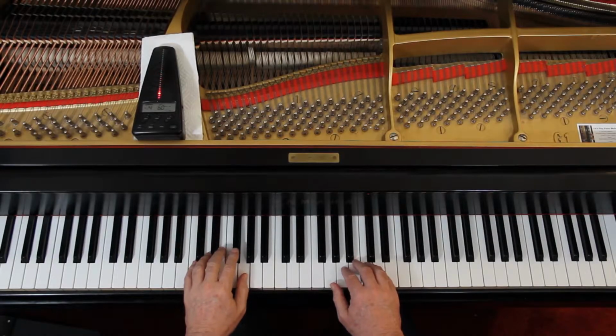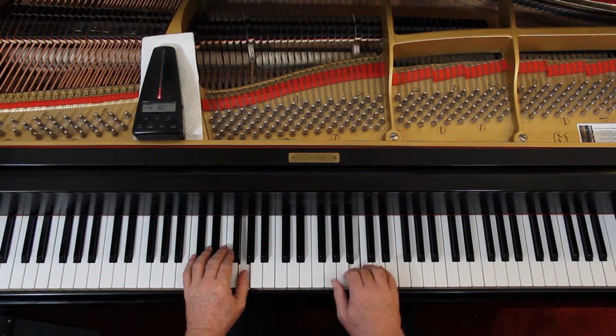Let's try this out slowly together, just to check the notes and the rhythms and all. We're going to go really, really slow. I'm not going to do any dynamics. Just notes and rhythms. I'll give us 4 counts. 1, 2, ready and go, and 1 and 2 and 3 and